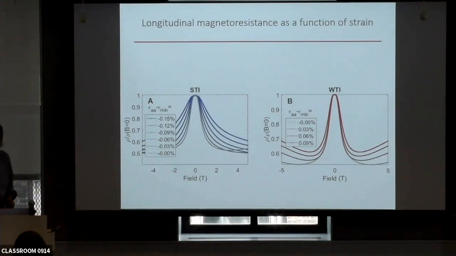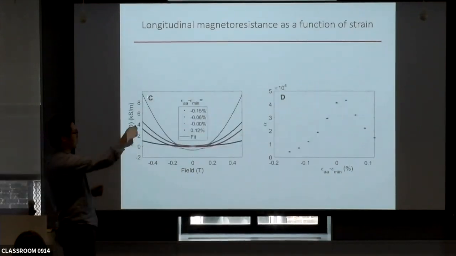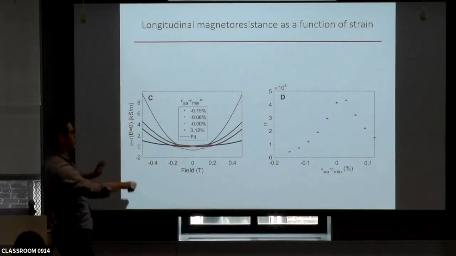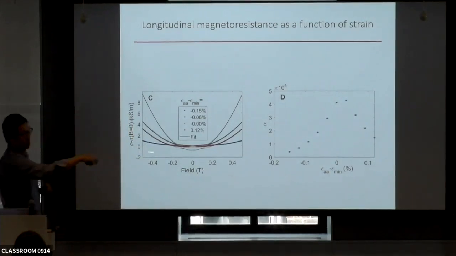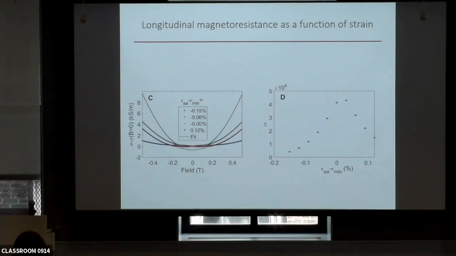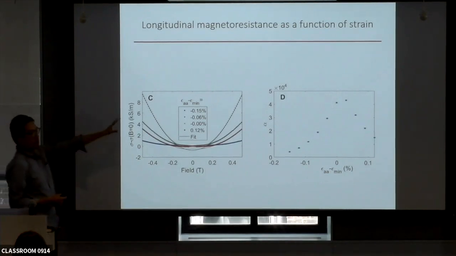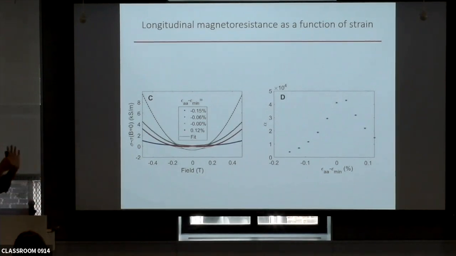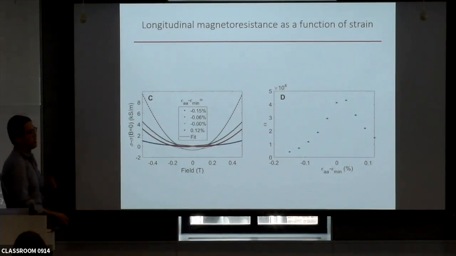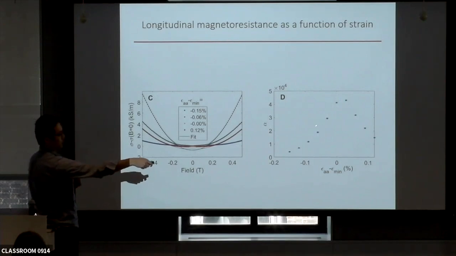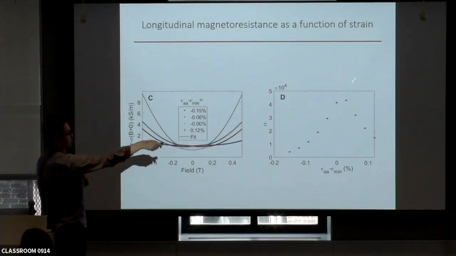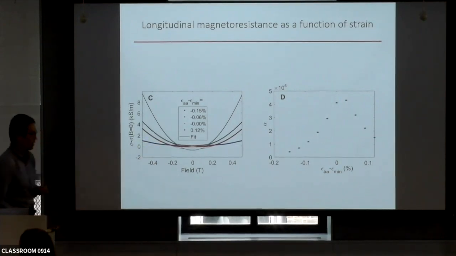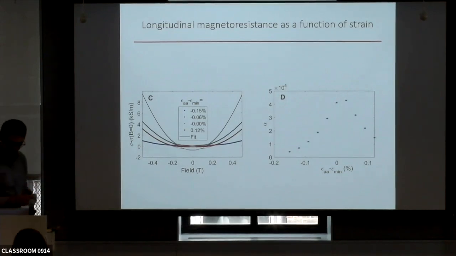And then to be more quantitative, we also plot the magnetoconductance. So now it is positive, but we fit the B squared dependence of that, because the B squared coefficient directly gives you the chirality relaxation rate, and this chirality relaxation time should diverge as you get close. And indeed, this chirality relaxation time shows a divergent dependence as you approach the strain minimum, or the critical point. Okay, so this is the strain-tuned topological insulator.